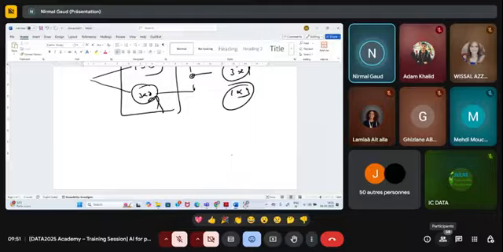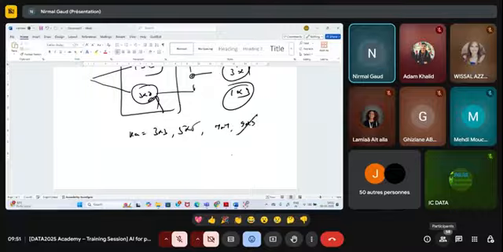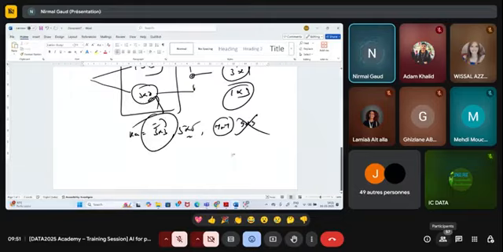Moreover, we take a kernel or filter of size 3 cross 3 or 5 cross 5, at the very least 7 cross 7. 9 cross 9 is very, very rare. Mostly we use 3 cross 3. And why odd? Because I need to capture the details, the information which is present at the border and also at the center.